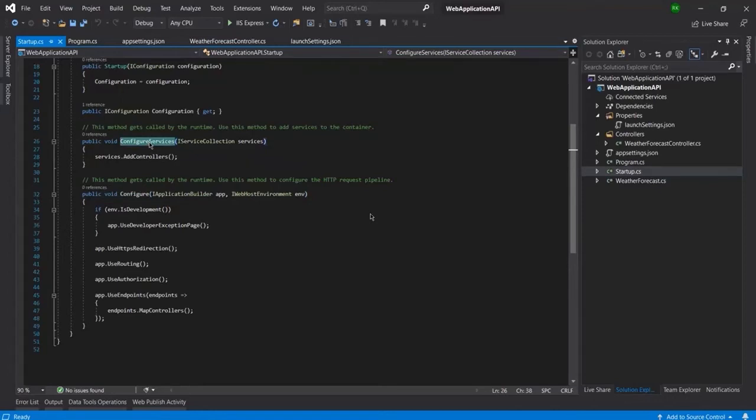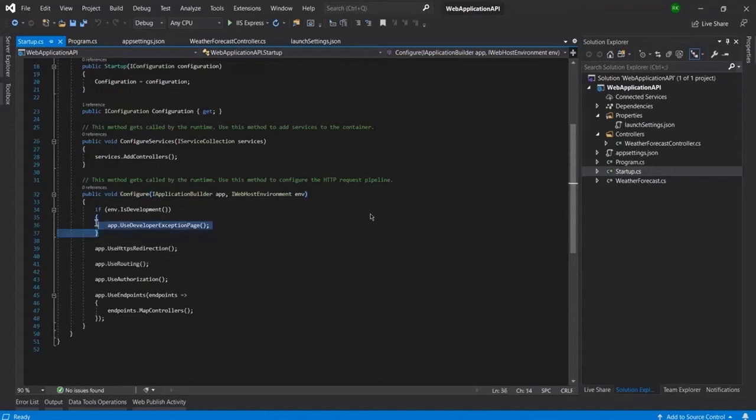In ConfigureServices we have the IServiceCollection interface. Here in ConfigureServices we can implement all the services, whether related to Swagger configuration, dependency injection configuration, authorization configuration or authentication configuration, everything will be there.